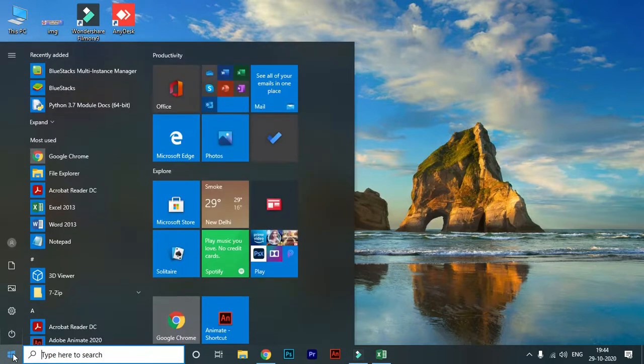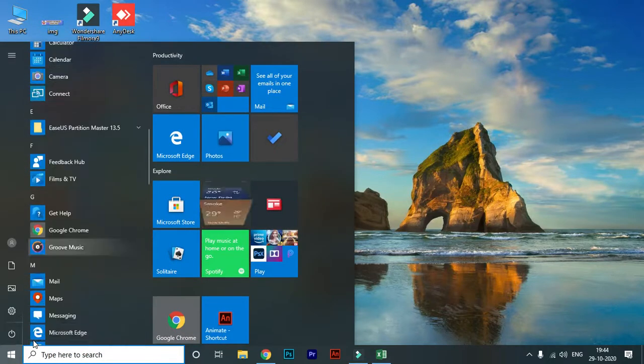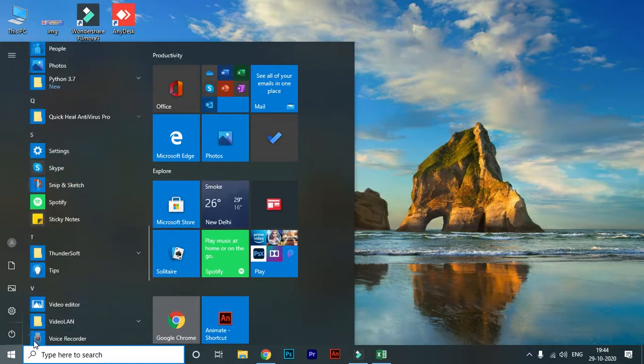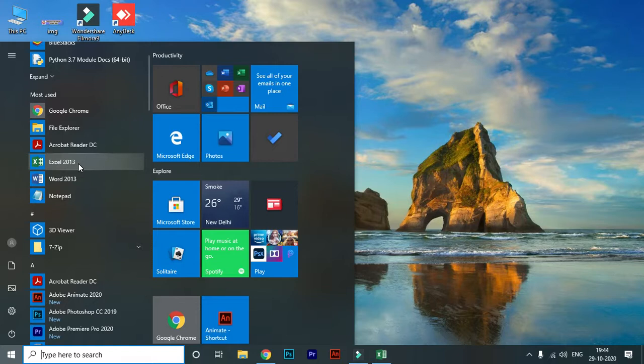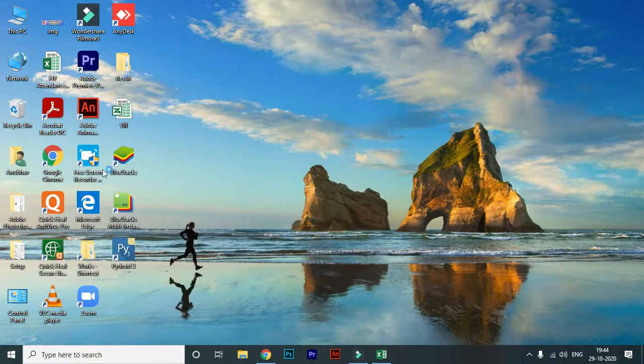So first of all, how can we start? Click on the start button, then you can see Excel here. If you are using a version below Windows 10, you can click All Programs, then MS Office. Now I'm clicking on Excel.